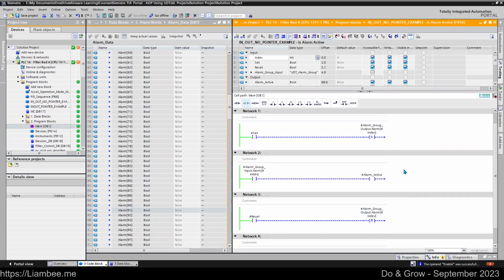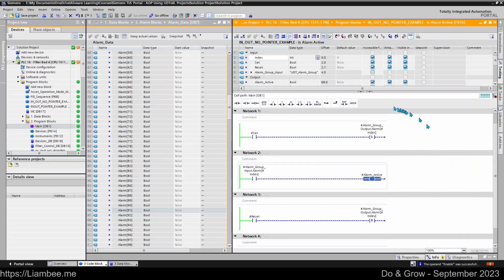Now, it's important to understand what's happening. This is a really basic example, but because we're doing copying, you need to make sure that what you're copying, you copy, make the changes that you want to change, and then output it. So we're saying set the alarm output, and then we're doing a check on the input, so the data that came in, to see if that's already set, so we can say the alarm is